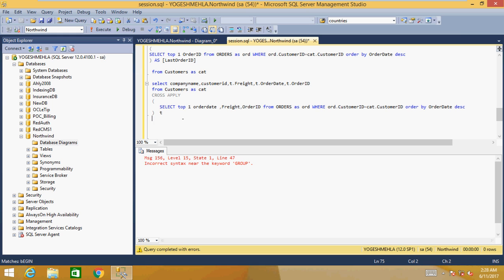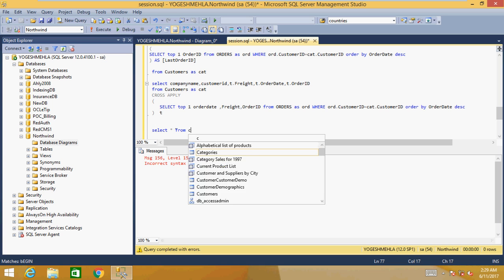Now coming back to the where clause. I am writing these queries to show you how subqueries work. You can have an alternative way of writing these also. Suppose I want to get the details of the customer who has placed the last order. So I can say select from customers